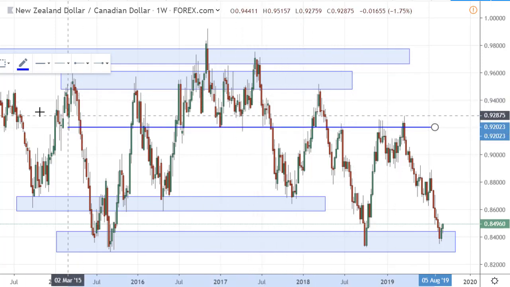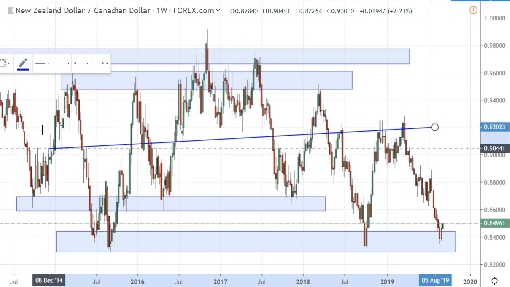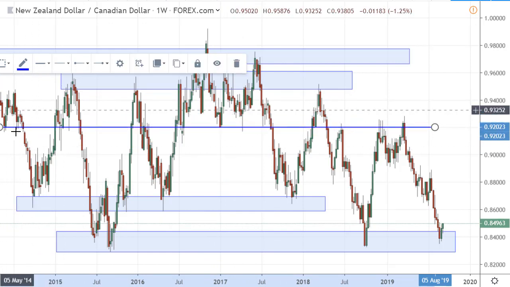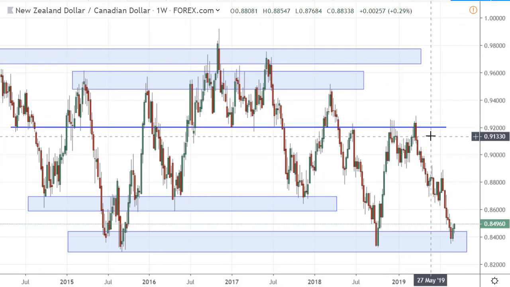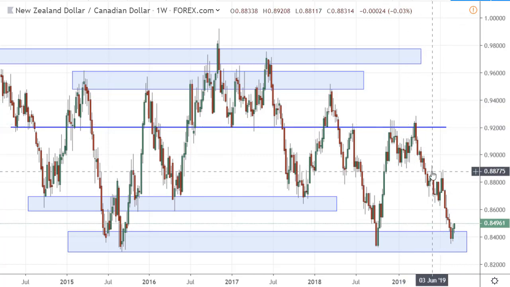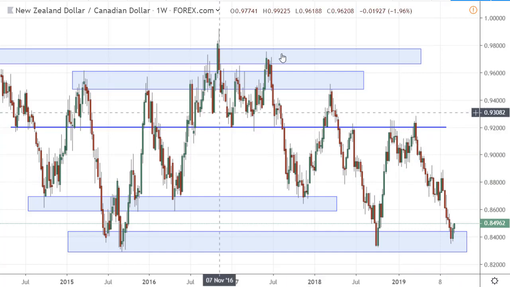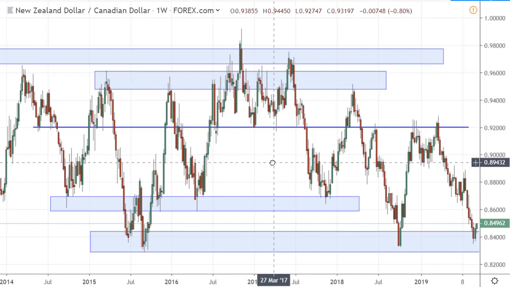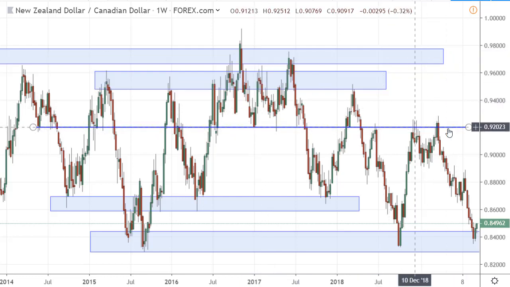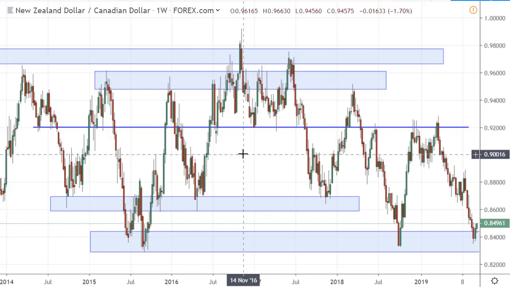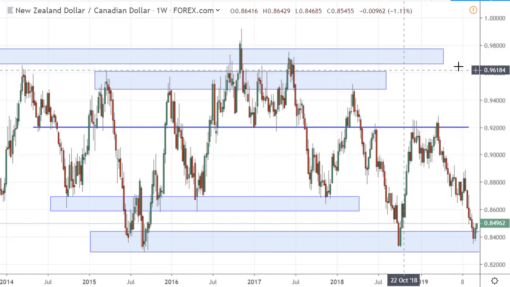It acted as support, and here it acted as support again, and a little bit as a resistance level. So yes, I'm aware of this area, and I'm aware that price is likely to shift around these areas, but it's not the ideal place to be when it comes to supply and demand zones, where price breaks through these levels. It didn't happen over here, maybe it'll happen next run, but once price moves away, these are the